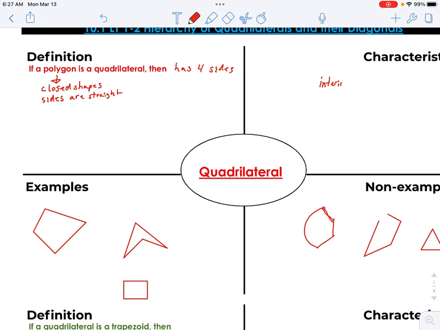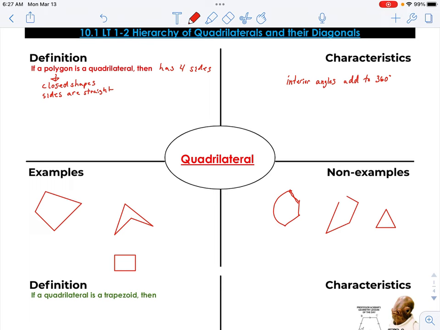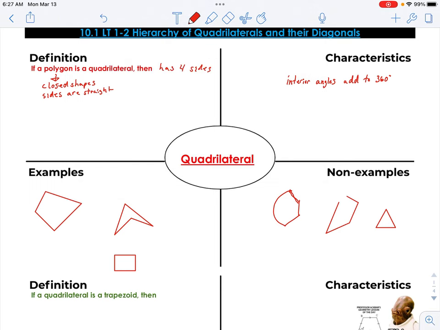Interior angles add to 360, and then I'll just draw a random quadrilateral, something not too crazy but pretty random still. All right,